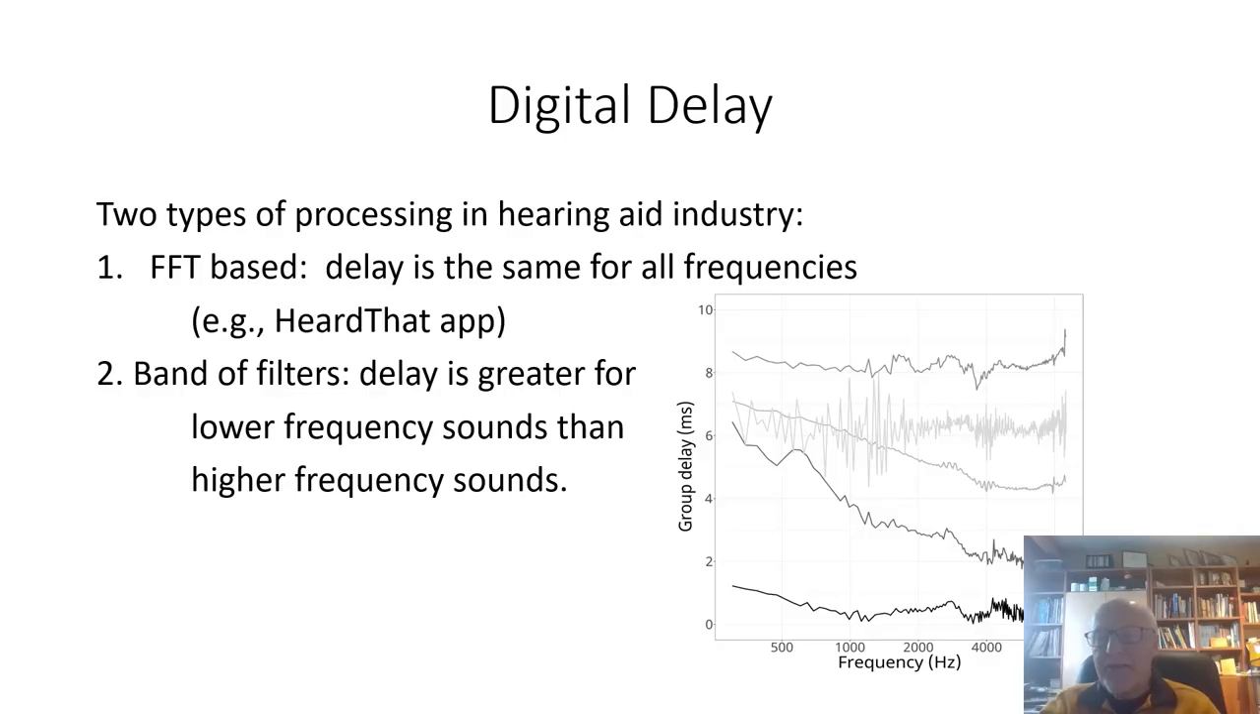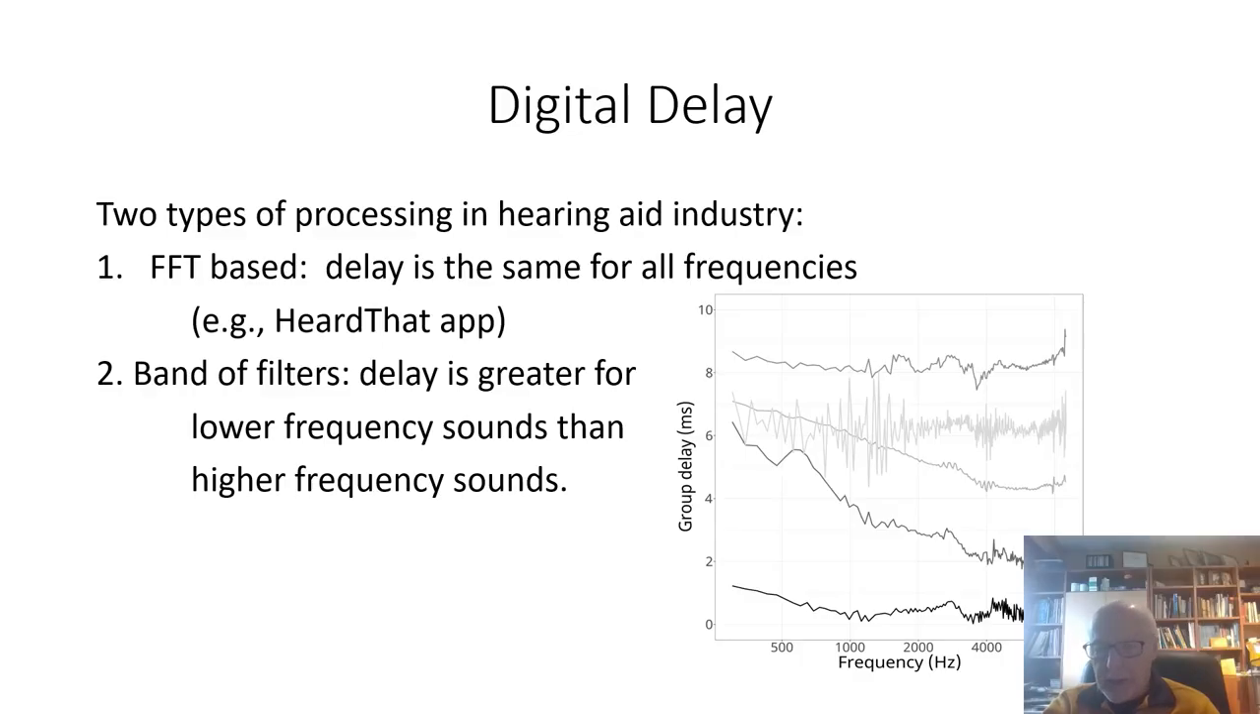But if you use an FFT, the delay is the same for low frequencies, mid frequencies, and high frequencies, such as the Heard That app, which has a digital delay of 80 milliseconds. And so that would affect all the sounds equally. The vast majority of hearing aid manufacturers use a band of filters where they have a band, let's say low frequency, and they look at the energy in that band, and they would treat that differently in a higher band. And they can actually segment like the different notes on the piano keyboard going from low to high individually. And with this band of filters technique, the digital delay is always greater for lower frequency sounds